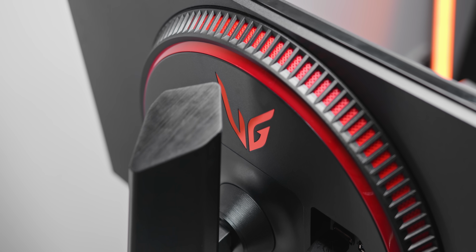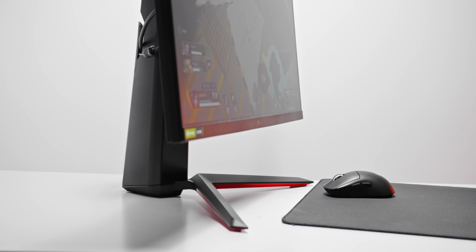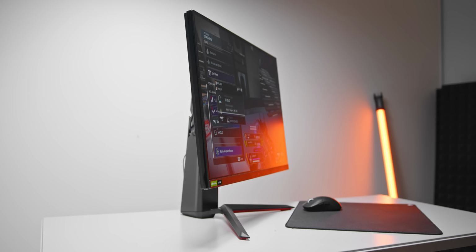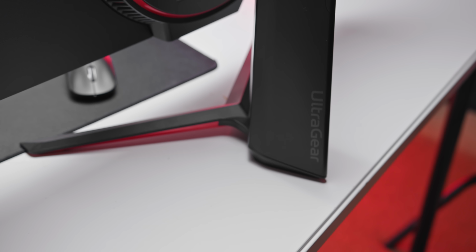Overall, the 27GP850 is a super versatile gaming monitor that gets a lot right, and if you have the GPU horsepower on tap, driving 1440p gaming at 180Hz looks incredible. So as a replacement to the 27GL850, this gets a big thumbs up from me,